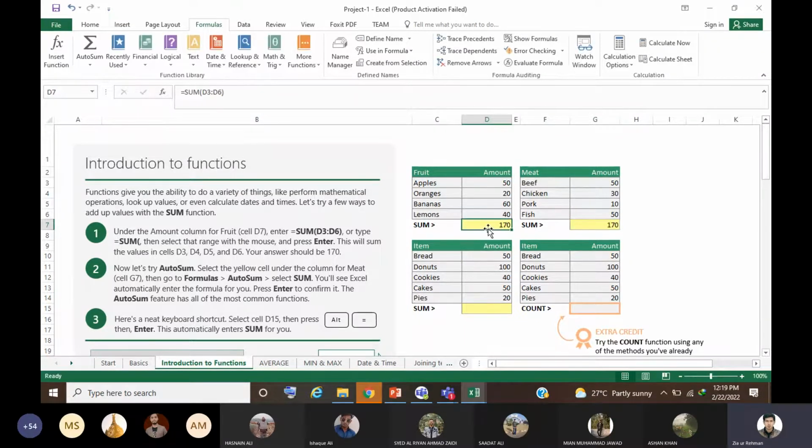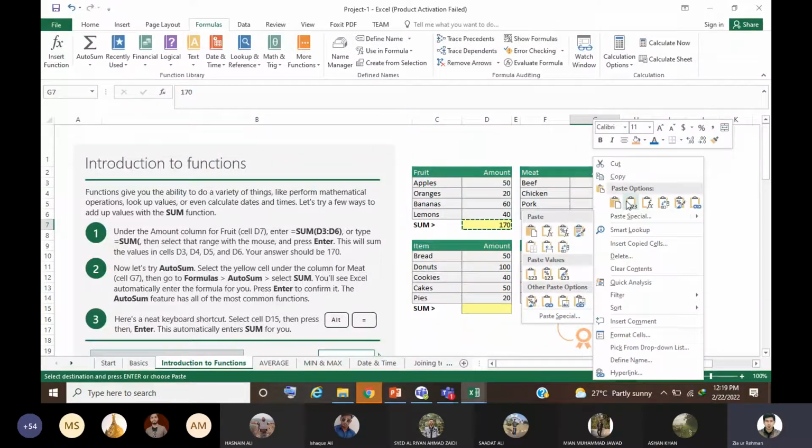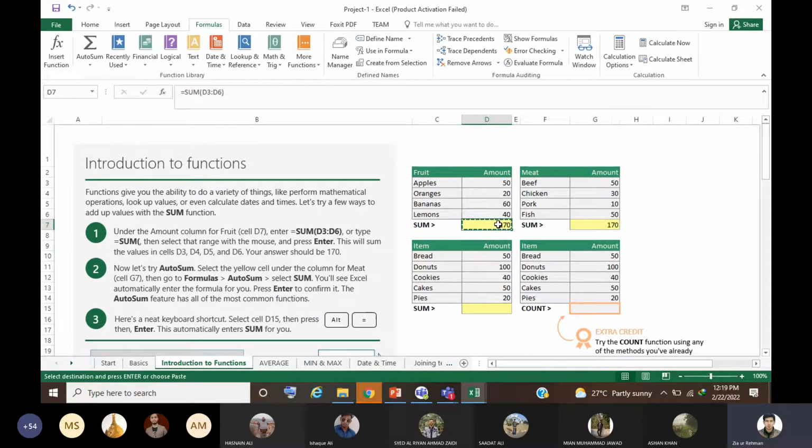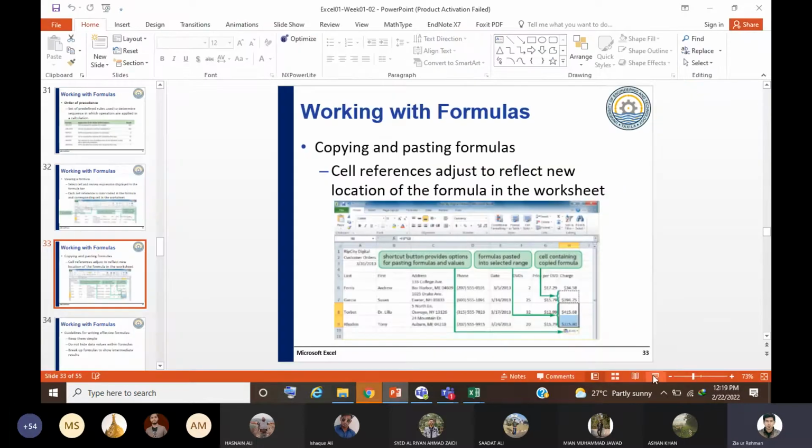So you should know that if you want to copy a formula or just that value, you could choose these options from here. By default, if you copy a formula cell and paste it anywhere, it would paste it like a formula. So this option you should keep in your mind.